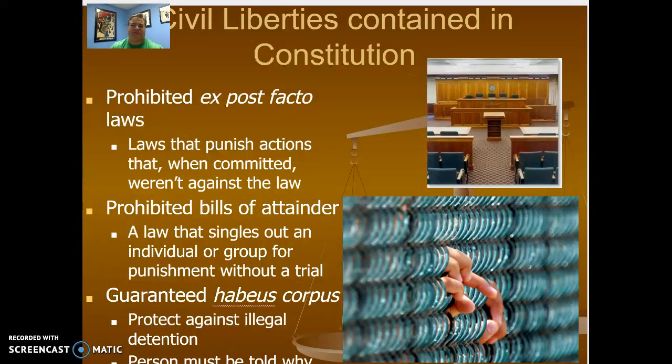One of the big concerns that states had against adopting this Constitution was the lack of protection of civil liberties, of individual liberties contained in the Constitution itself. There were really only three protections spelled out in the body of the Constitution. They were the prohibition of ex post facto laws, the prohibition of bills of attainder, and then a guarantee of